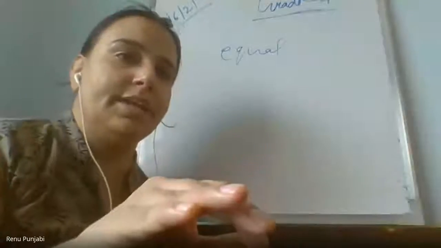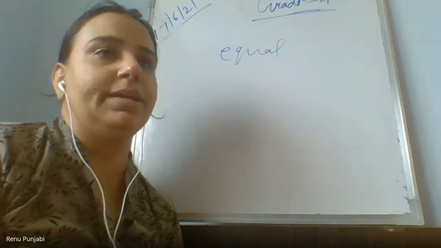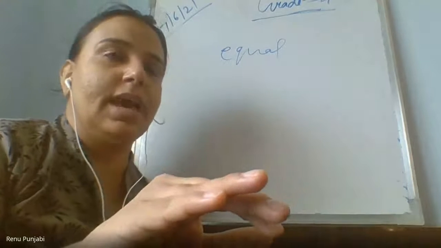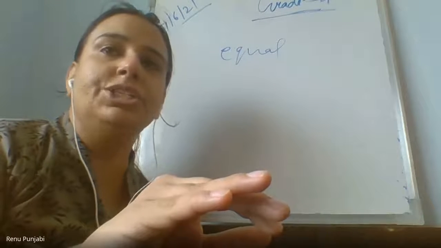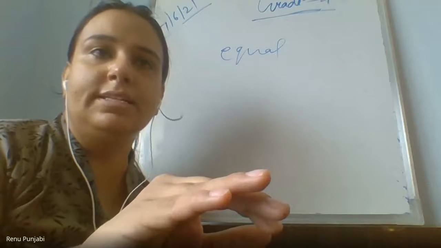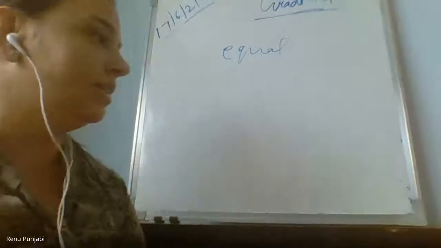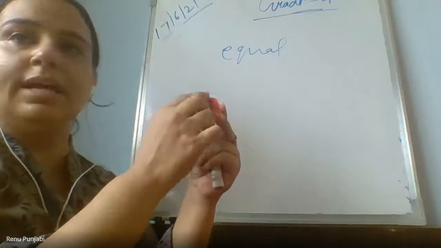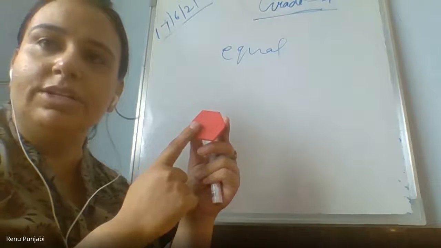You can arrange in any pattern, but always remember that only shapes which do not leave any space in between come in the tiling pattern. And how will you find that there is no space, and which shape? The regular shapes, which have all the angles and all the sides the same. Can you see this hexagon is a regular hexagon? All the sides and all the angles are of the same measurements. We have learned about the regular shapes.